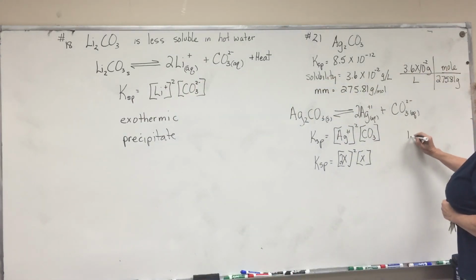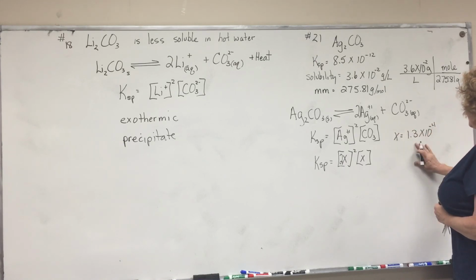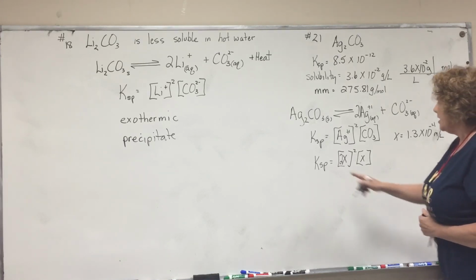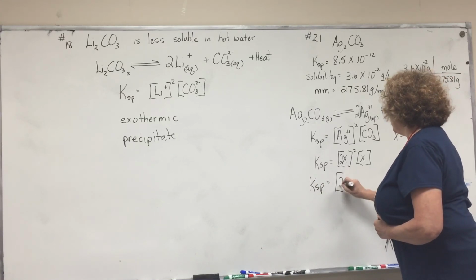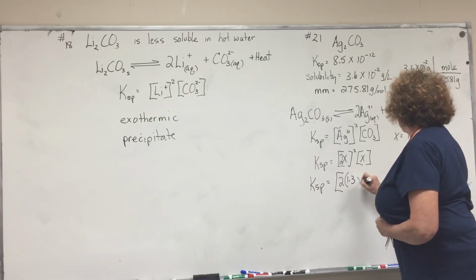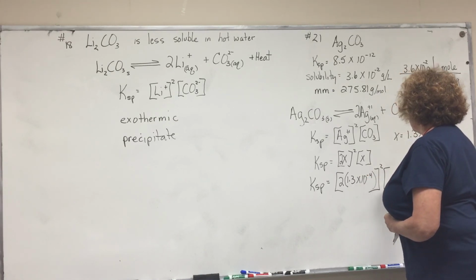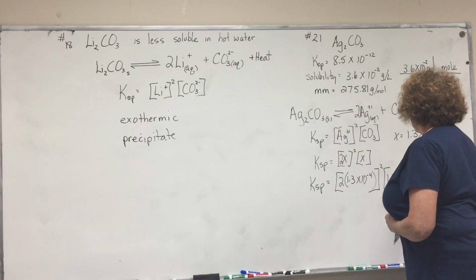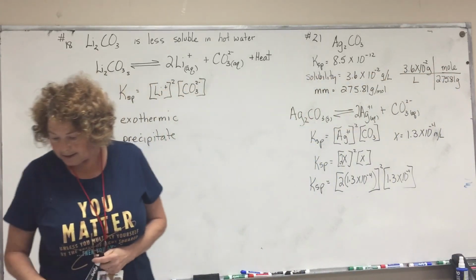So 1.3 times 10 to the negative 4 equals X, because that's our solubility in moles per liter, which is molarity. So you would go KSP equals 2 times 1.3 times 10 to the negative 4 squared times 1.3 times 10 to the negative 4. And when you do that, save time,